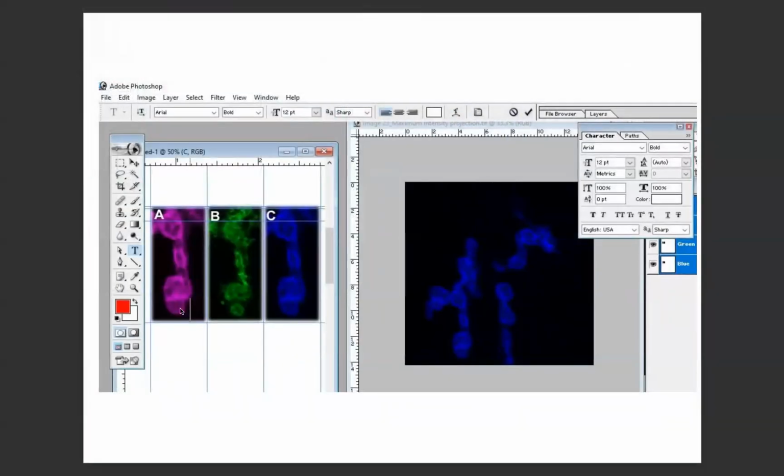Now I want to write the labeling. What is this? This is green, this is blue. Suppose this is an antibody, this is stained with DLG, and this is stained with HRP. So I want to write DLG in magenta, HRP in magenta.